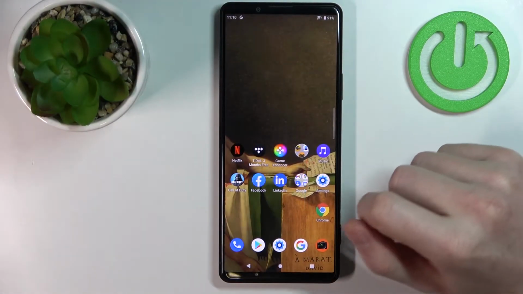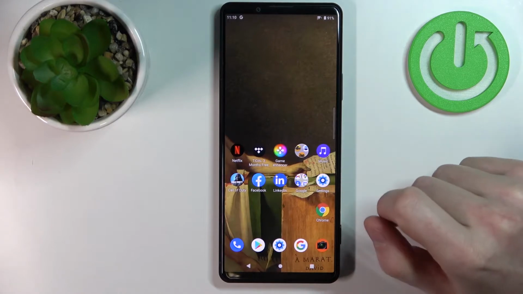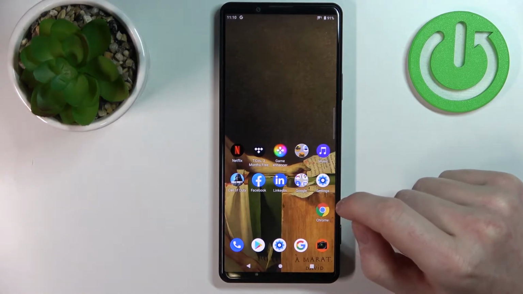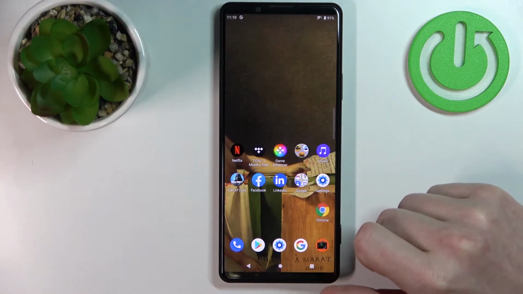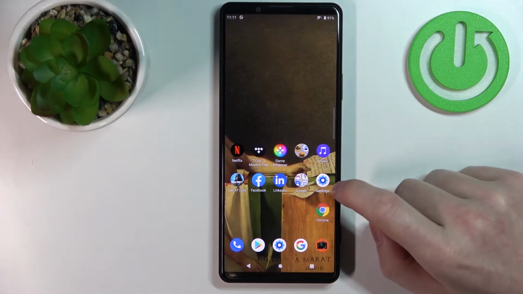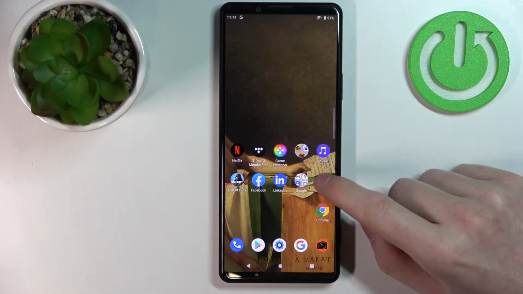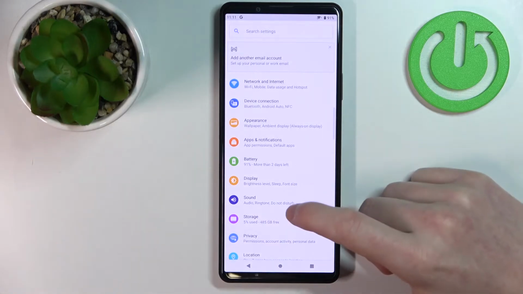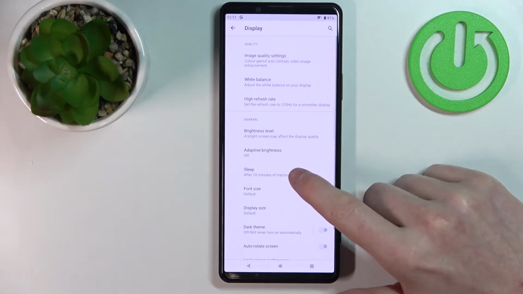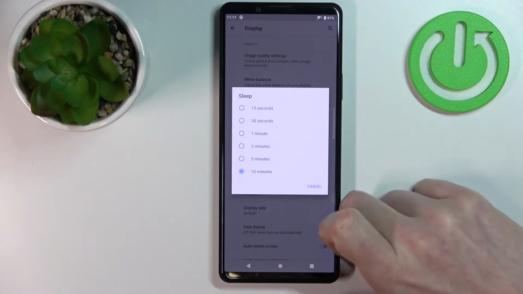Hello, in this video I'm gonna show you how to change your screen timeout to infinite on your SONY Xperia Pro-I. So in order to change that, we'll need to go to our Google Play Store, but first let me show you the settings and display and go to the sleep, and you can see that the maximum timeout is